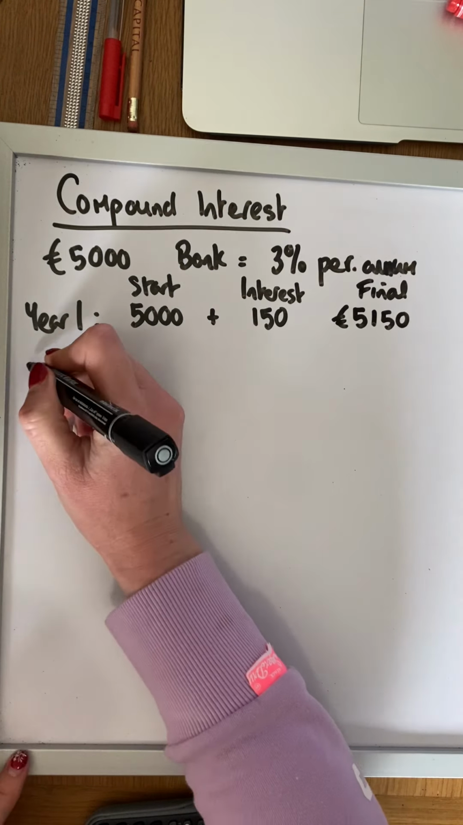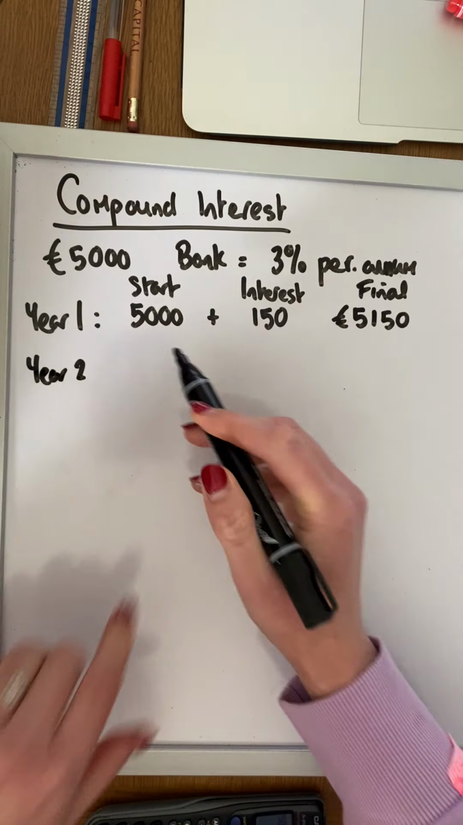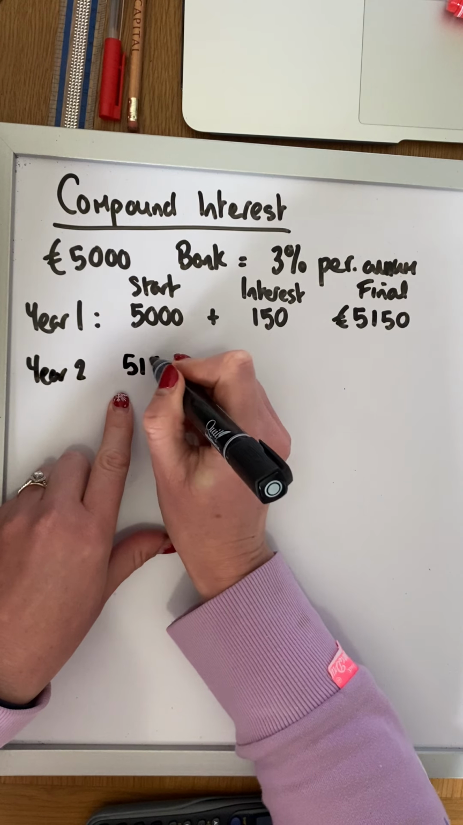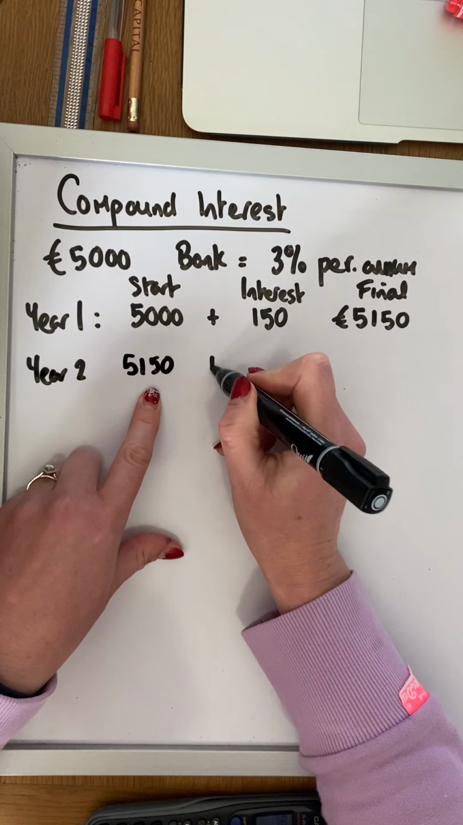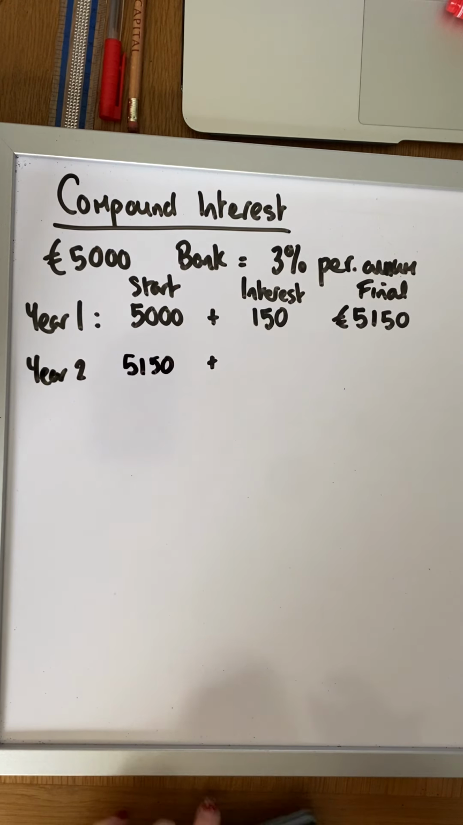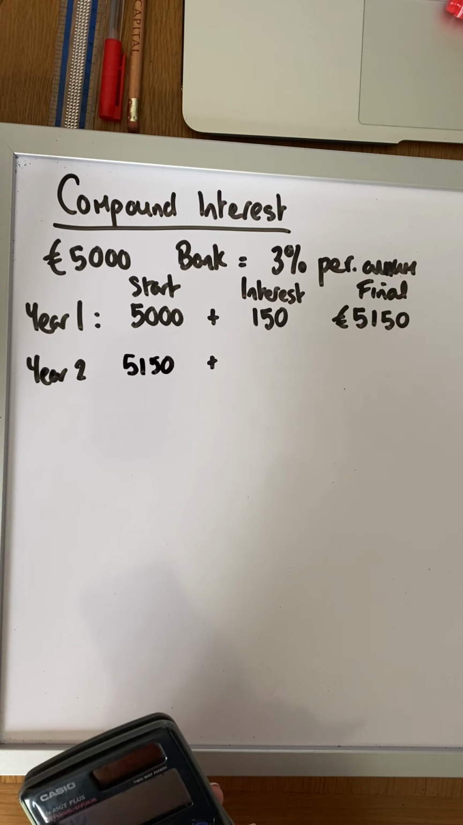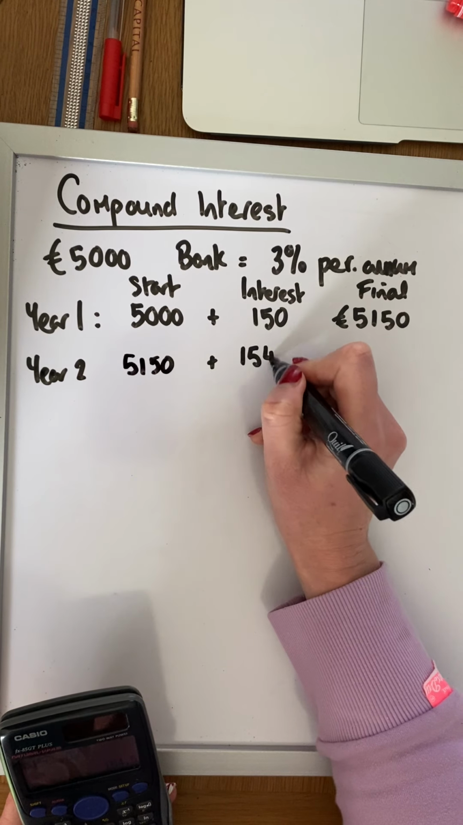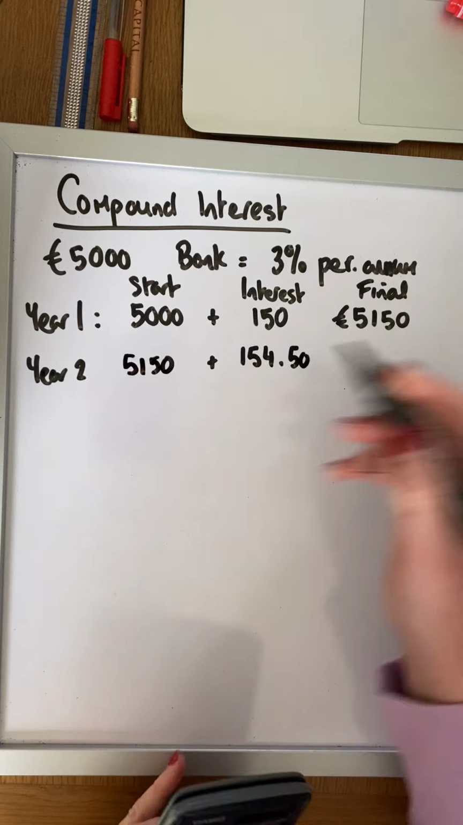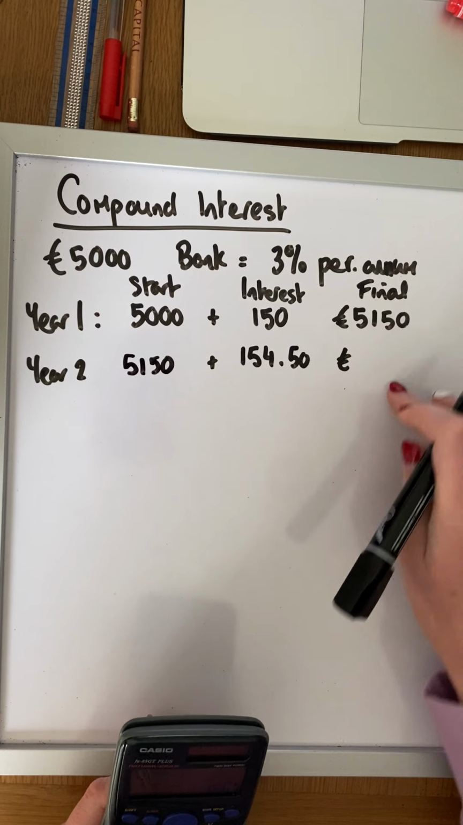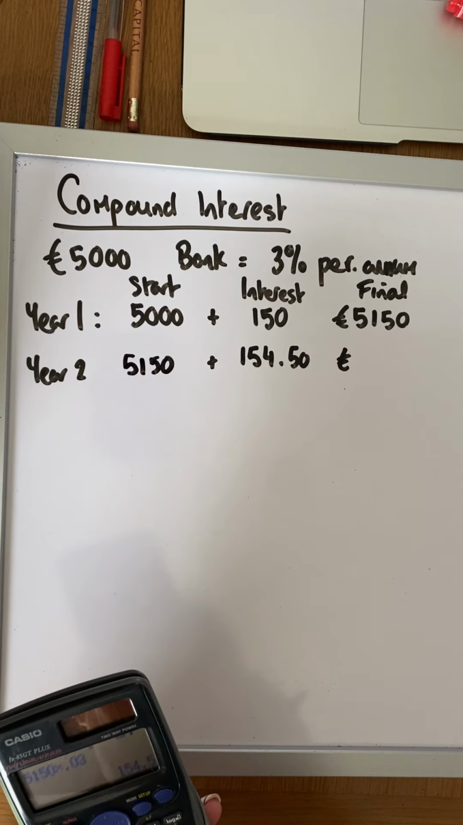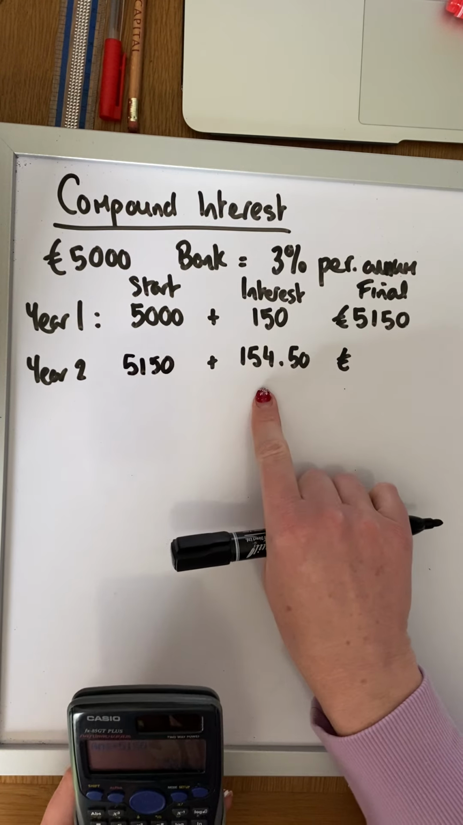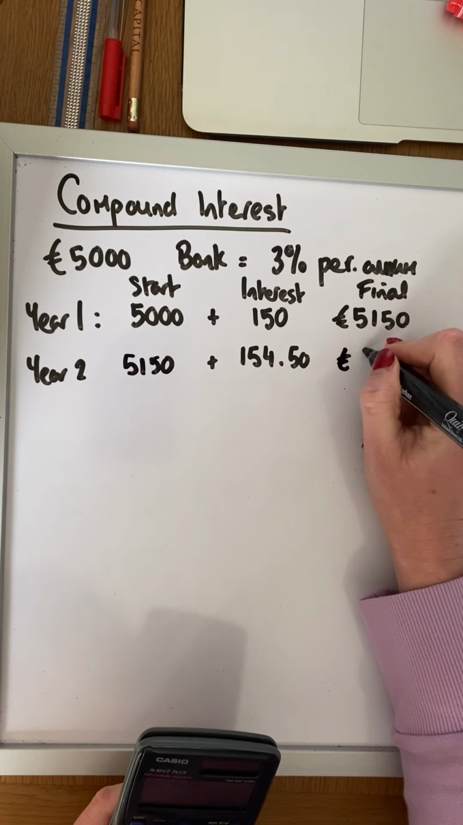Then if we were looking at going to year 2, rather than starting at 5,000, we actually start with our new figure of 5,150. And again, we get 3% of 5,150. So 5,150 multiplied by 3% this time gives us €154.50. Again, our final figure at the end of year 2 is going to be the combination of those two figures. So we have 5,150 plus €154.50,